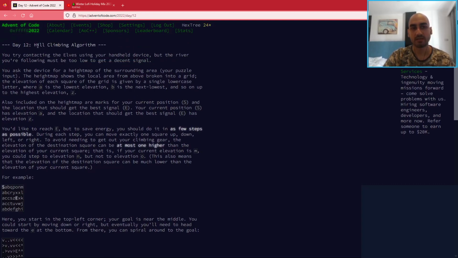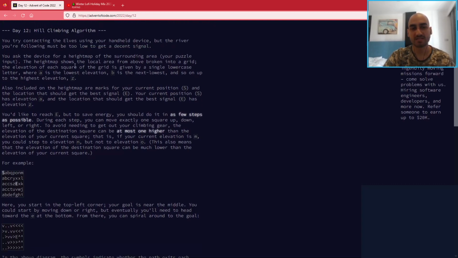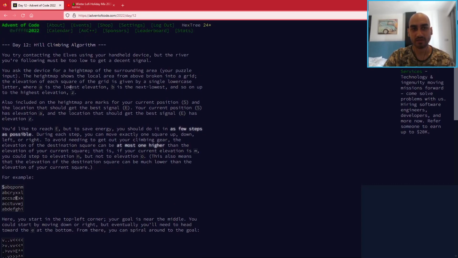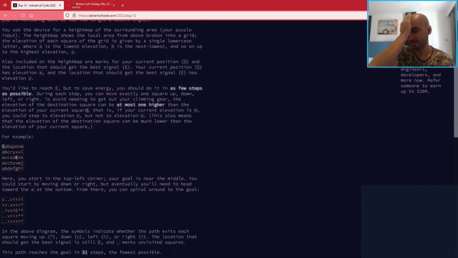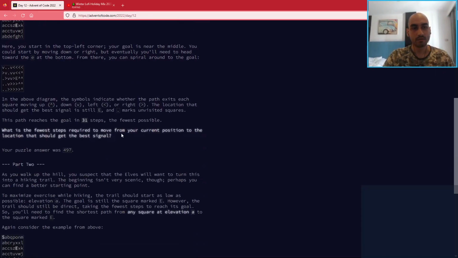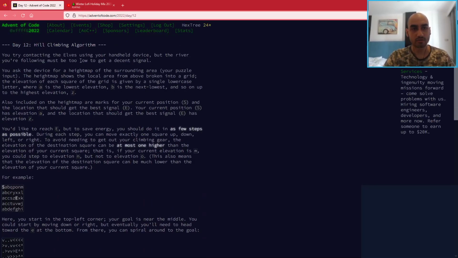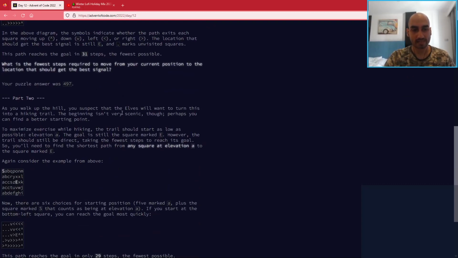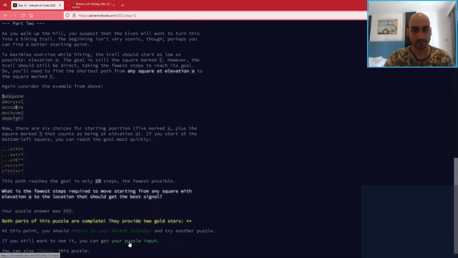Like hill climbing is... So this is not actually the hill climbing algorithm. Hill climbing algorithm is where you always pick the path of steepest ascent or something. Or you just keep going up. But this will get you stuck at a local maximum sometimes. Hill climbing is an algorithm for finding the peak, a local maximum. So in this map,